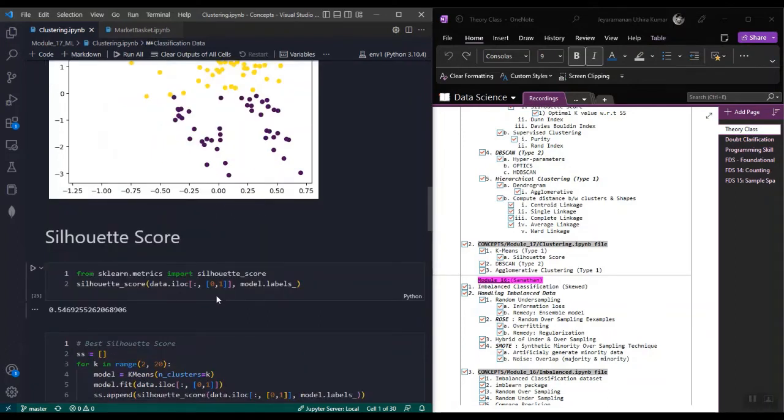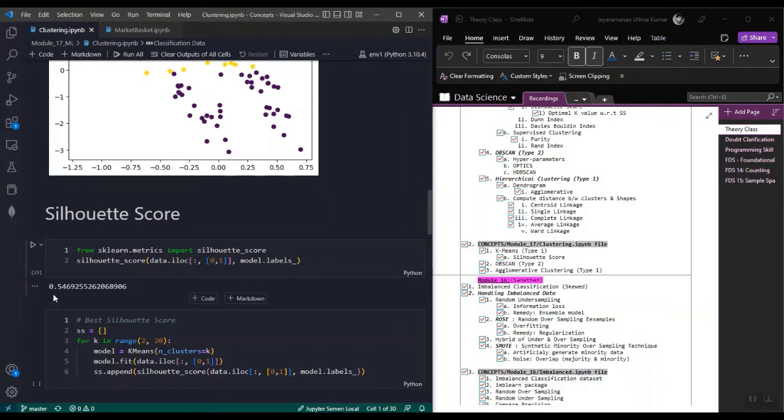What we're going to do is import the score function from sklearn.metrics. We just have to put in the data set, the two labels, as well as the output label. It shows that it is 54% accurate. Okay, to find the best silhouette score as well as the best k for k-means,